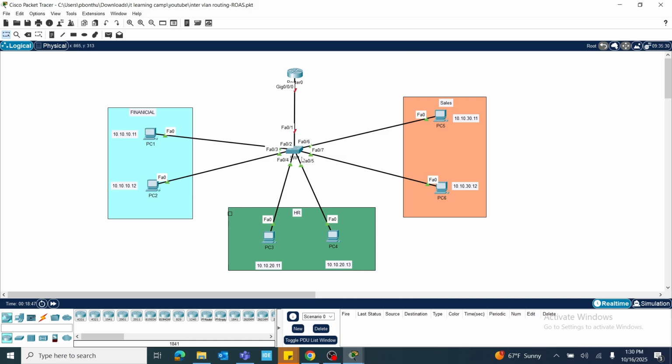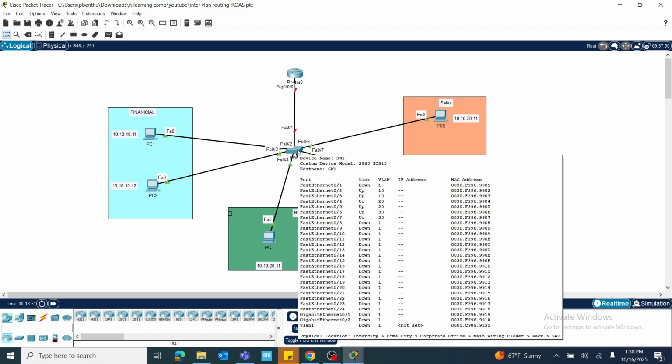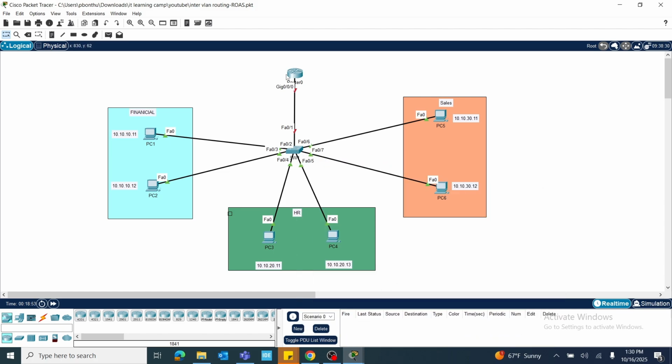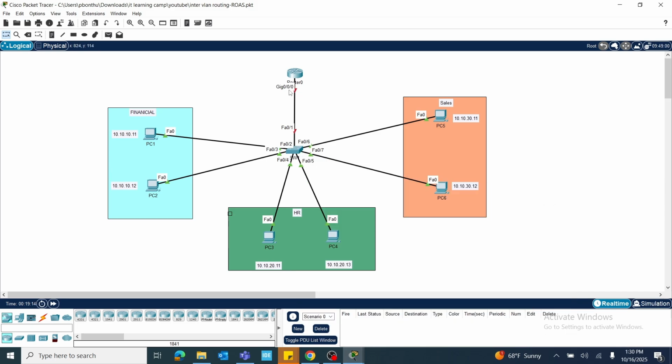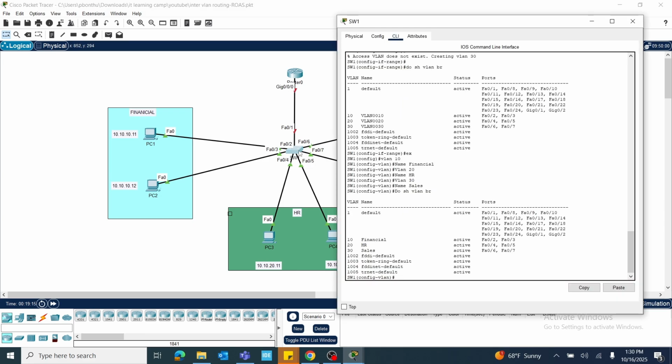For that, we need to enable the F0/1 interface on the switch as a trunk port, and then we need to configure sub interfaces on the router. Here we are enabling inter-VLAN routing by using ROAS, which is router on a stick. See here, it seems like the router is sitting on a stick. So that's why it is called router on a stick. The placement is like this, and then go to switch